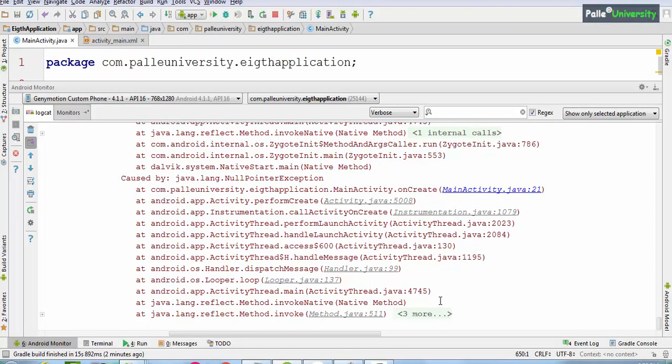Now Studio will also help you. You can identify your file name in blue color. What is the file name? MainActivity.java file, and the line number which is causing this error is line number 21. After finding your Java file name and line number, just above that line you can find the error name as NullPointerException, which means your application is crashing in this Java file at this line number, and the root cause is that this line 21 is causing this exception or this error, NullPointerException. That's why your program is crashing.